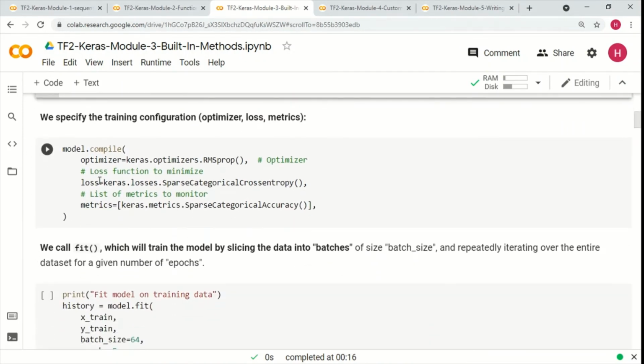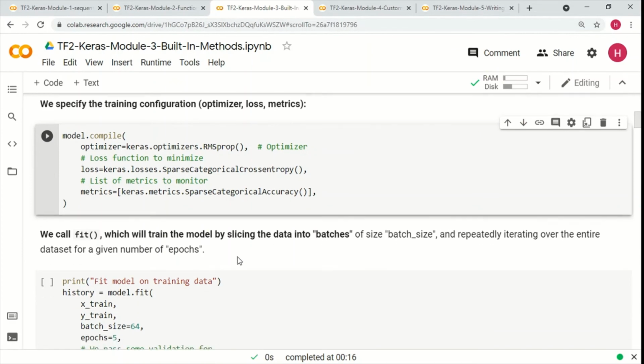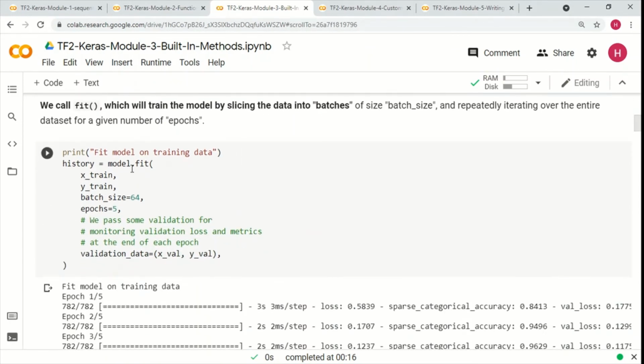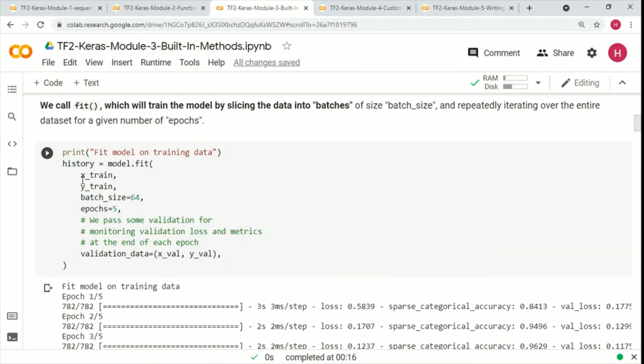Then compile. We are using the optimizer, loss function, and the metrics here. And we're using model.fit. We are basically capturing the metrics over the epochs. We are giving the data, the labels, and defining the batch sizes, epochs, and validation data.